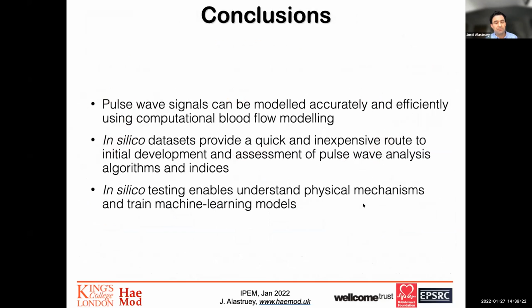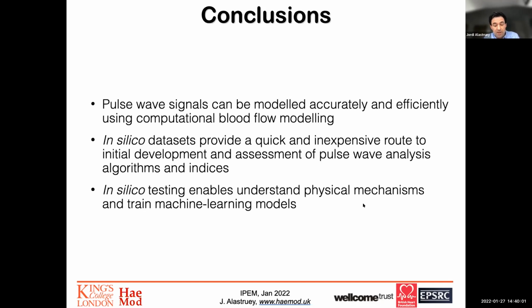So to conclude, we have seen that pulse wave signals, including the PPG signal, can be modeled accurately and efficiently using computational blood flow modeling. In silico databases provide a quick and inexpensive route to initial development and assessment of pulse wave algorithms and also indices. And we can do that across a wide range of cardiovascular conditions. And lastly, in silico testing enables us to understand physical mechanisms underlying the correlations observed from populations of